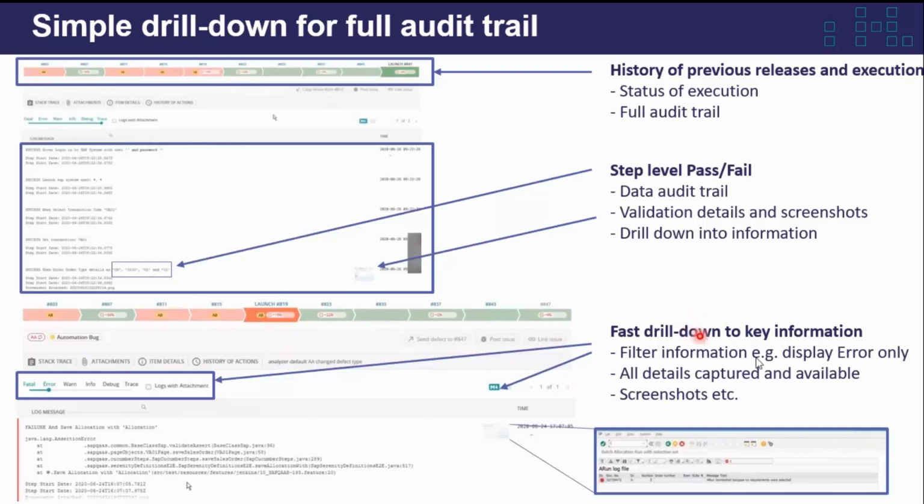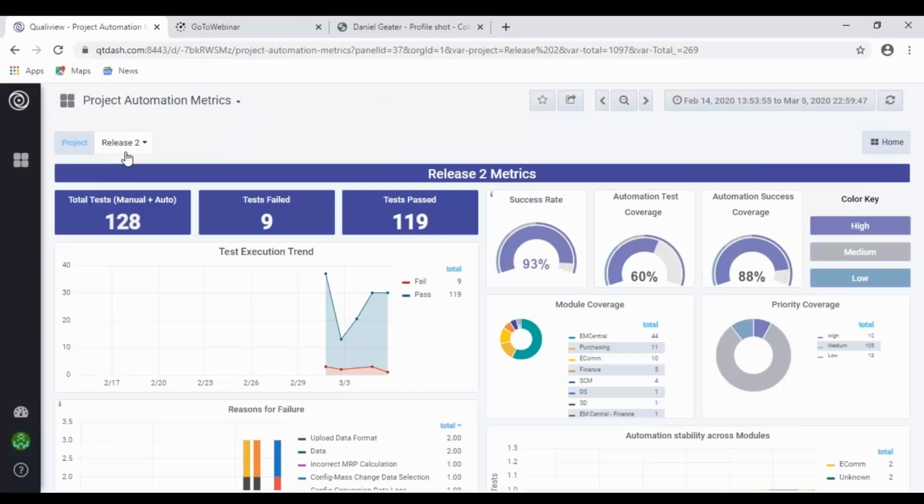I'm going to change my screen now and go into a real dashboard and get some real feedback on that. What we're looking at here is a dashboard from a real project based on the information that Dan shared. So Dan's QualiSense tool sent over the output to Jenkins, and then we got Jenkins to send the results into QualiView. This is just one example of a dashboard, and there are many different views you can have and do deep dives into.